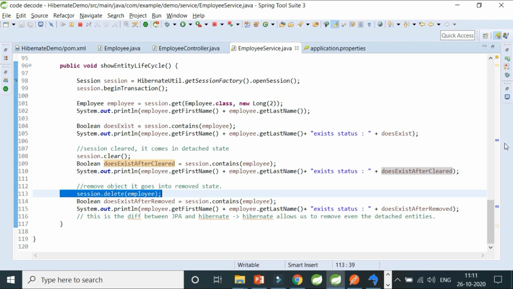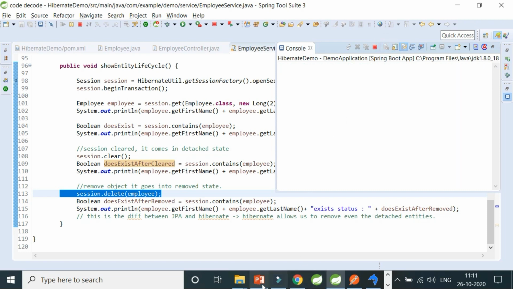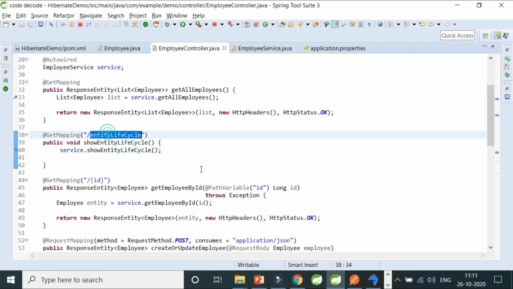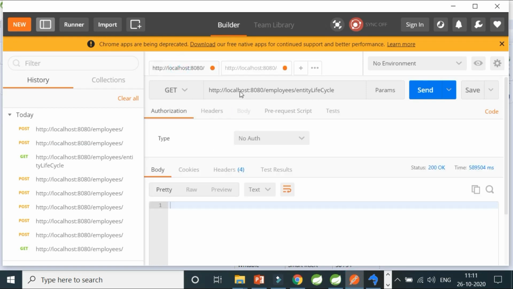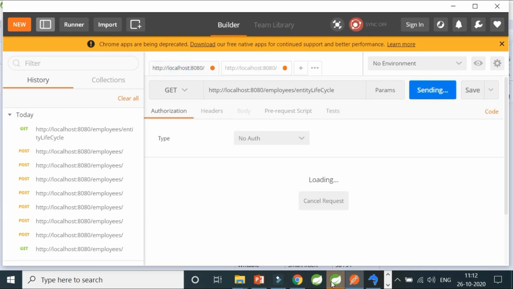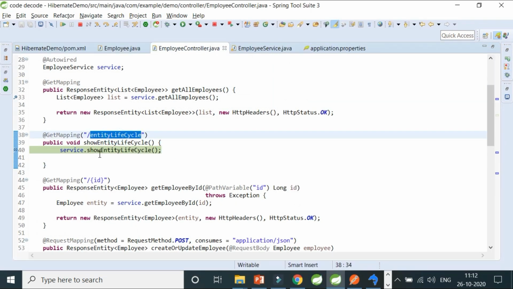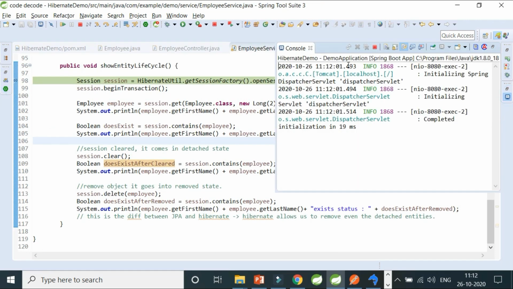So let me show you if my instance is ready. Yes, I have started my application. Now let me first take you to the controller. In the controller, I have the entity lifecycle. Yes, I do have my entity lifecycle instance available. I try to hit it and it should get into my controller first. Yes, it is in my controller lifecycle entity method. I press F5 and get into it. So yes, I'm starting this particular thing, and okay.